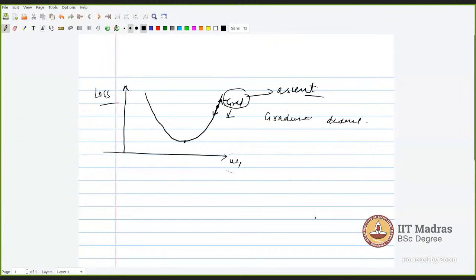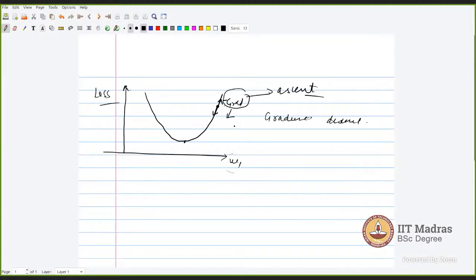Ma'am, I had a problem with how we find the gradient for a function. Yes, right. We find the gradient of a function, and that gradient by default gives us the ascent. Ascent means the direction where the function is increasing the most. And if you want to find the descent, as you said, we just have to negate that equation. Yes, exactly. You move in the negative of that direction, and that will be the direction where the function's value decreases the most.